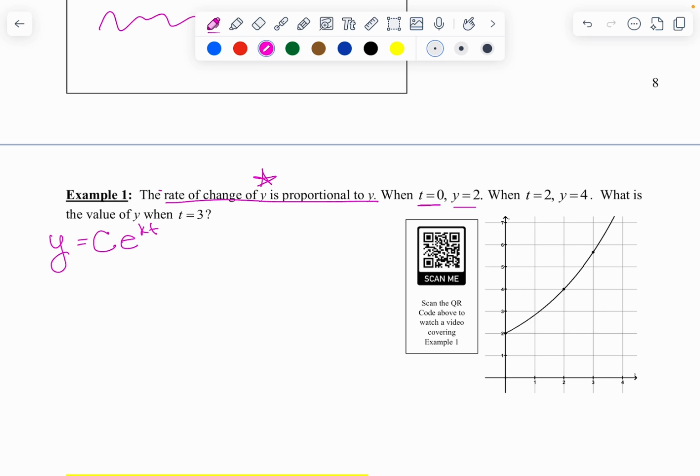And we need to solve for two things in this problem. You got to solve for c, and you got to solve for k, so that we can actually find the valid equation and then